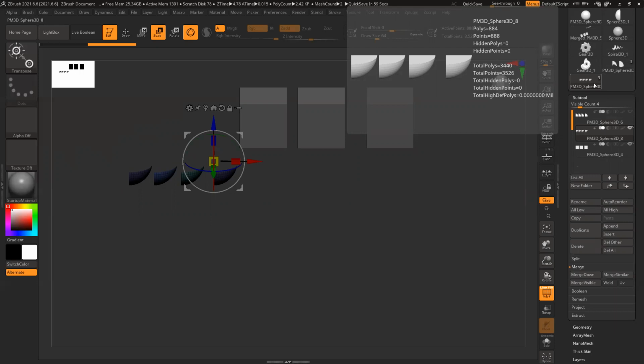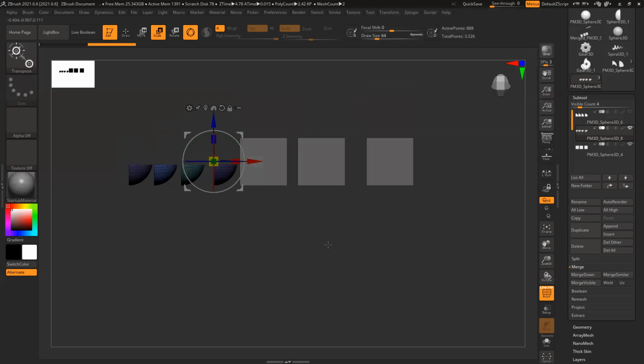Merge visible is handy when you create a very complex model with a lot of subtools, because if it simply replaced everything in that model and you wanted to undo it, it wouldn't work. It might crash also. That's why it always creates a separate file. So if I want to go there, I have to click here.